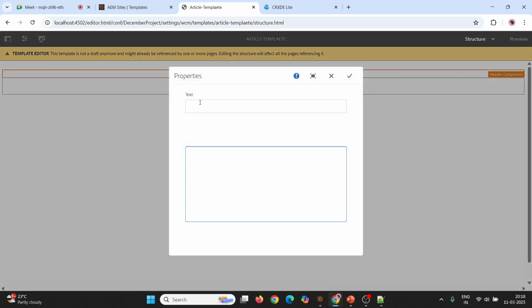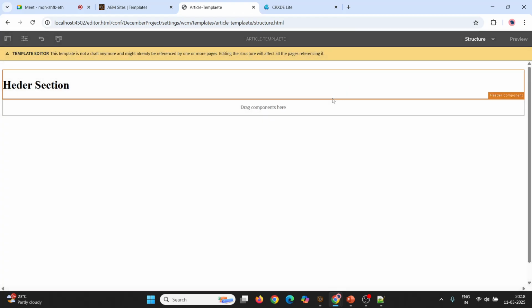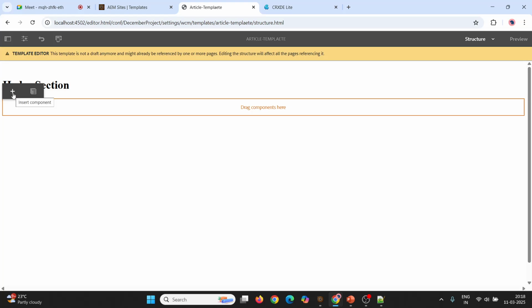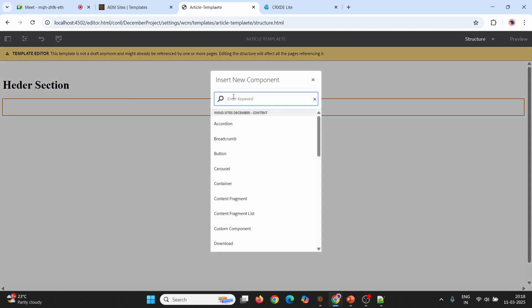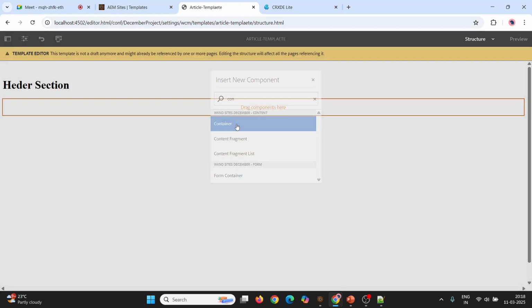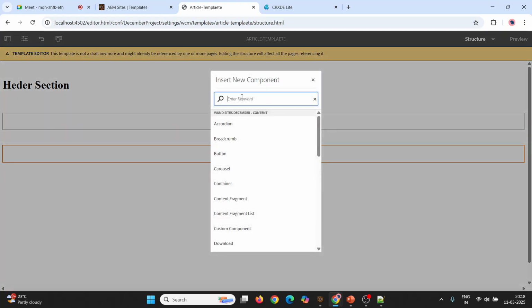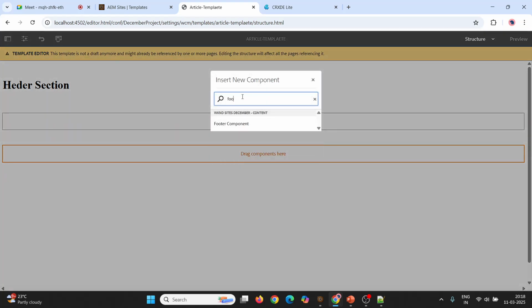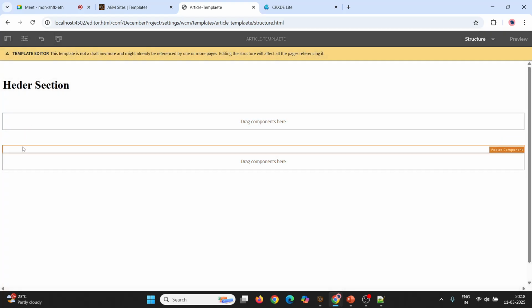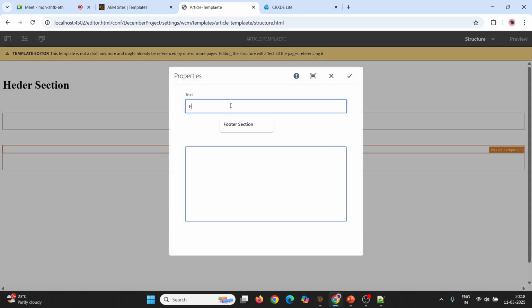Okay, so open the dialog of the header component and configure some dummy text. Okay, so header text section. Okay, so header section is one dummy content we are adding. And inside the container, I'm adding one more container. Okay, so this is the container. So and then outside the container, add one more component called footer. And then configure the footer component. Okay, so in the section,